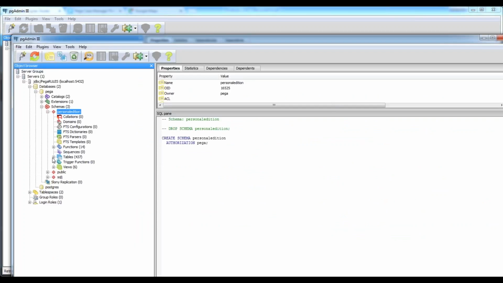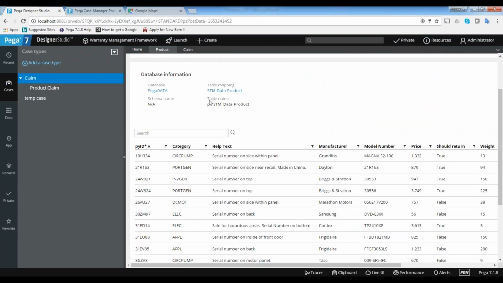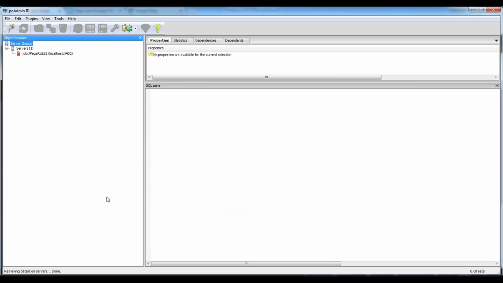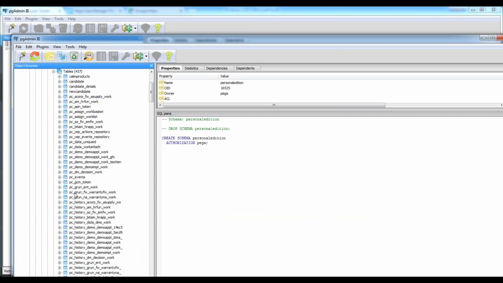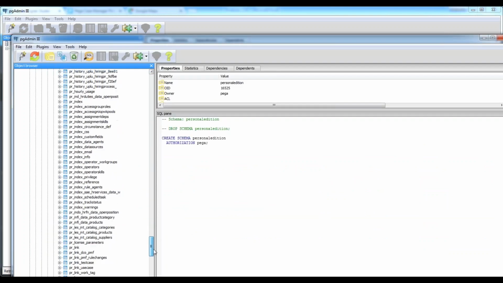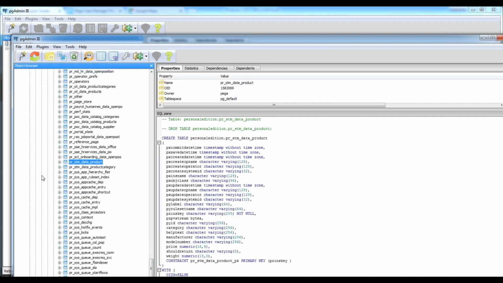Now you can go to tables. What is the table name they are saying? PRSTM. Go to PR. PRSTM. You can see here PRSTM data product is there, right?